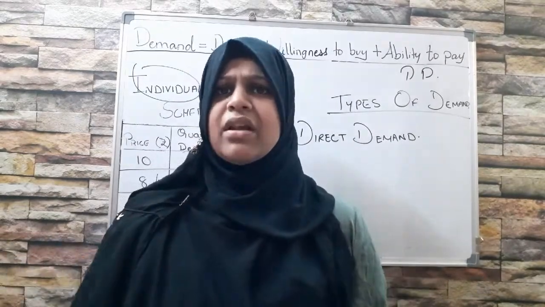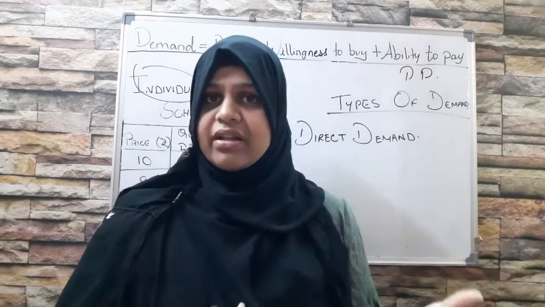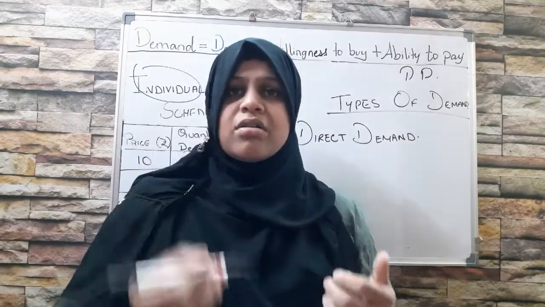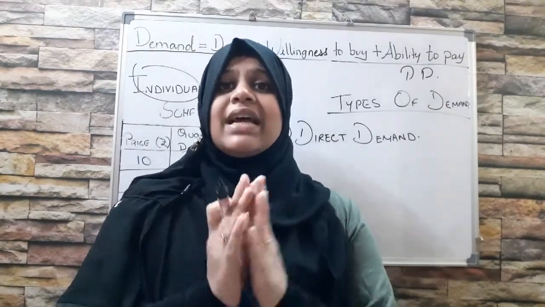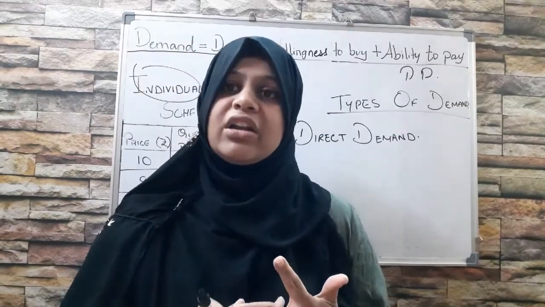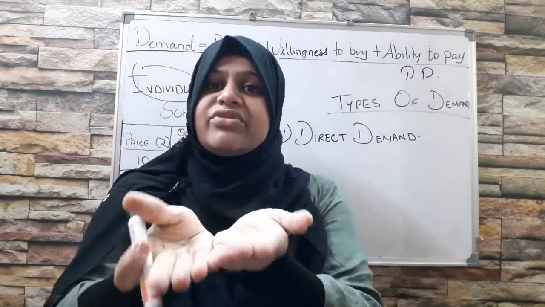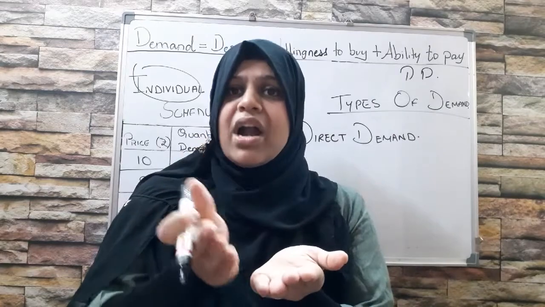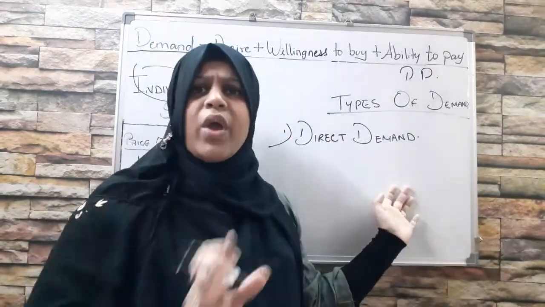Like for example, my cupboard, which is ready made in the shop, I just have to go purchase and use. My mobile phones, my marker, my board, my duster, my books, all these are known as consumer goods, produced goods or final goods. They are straight away made available to you in a plate and it is ready for you to use. The demand for such a commodity is known as direct demand,